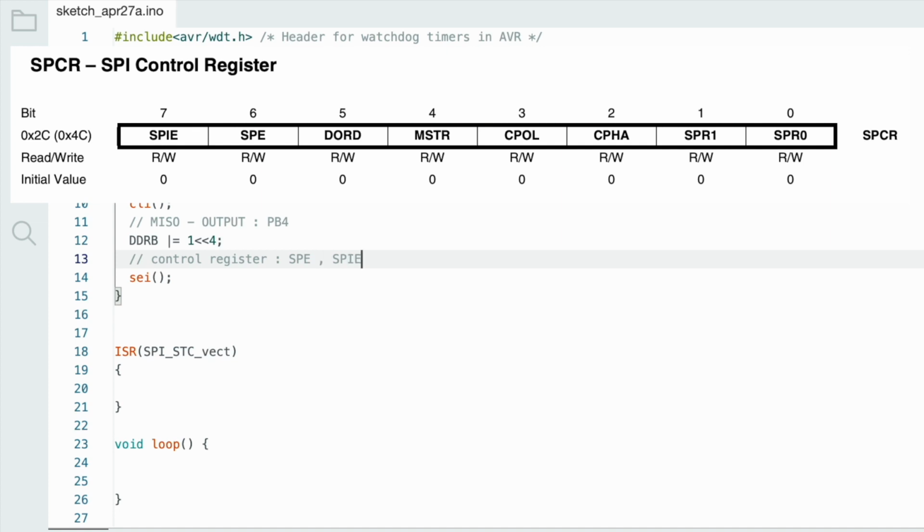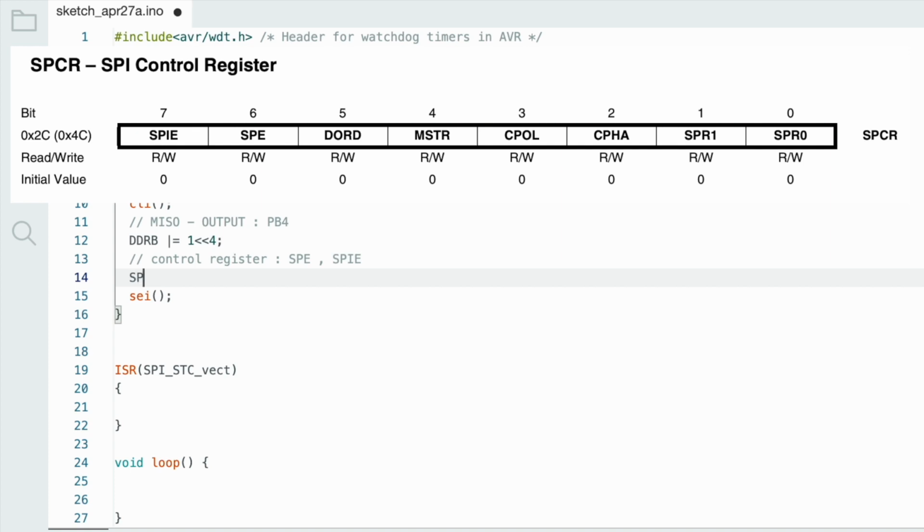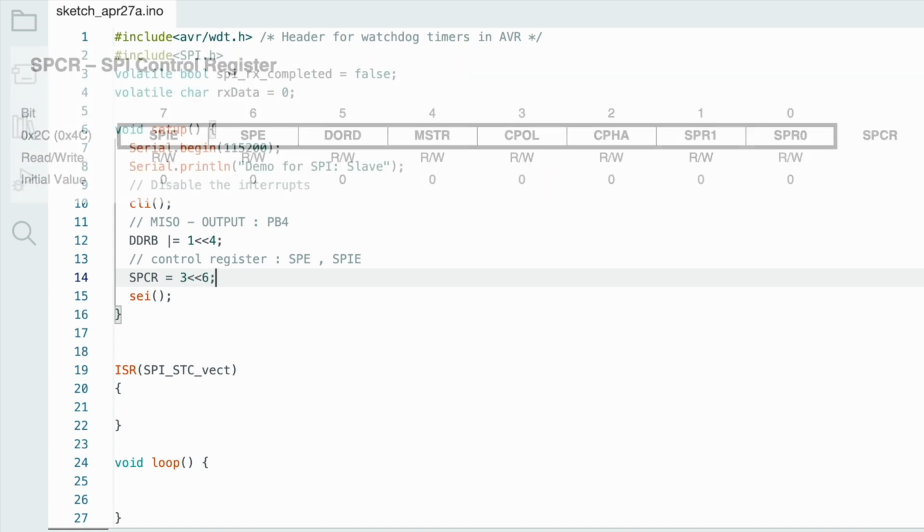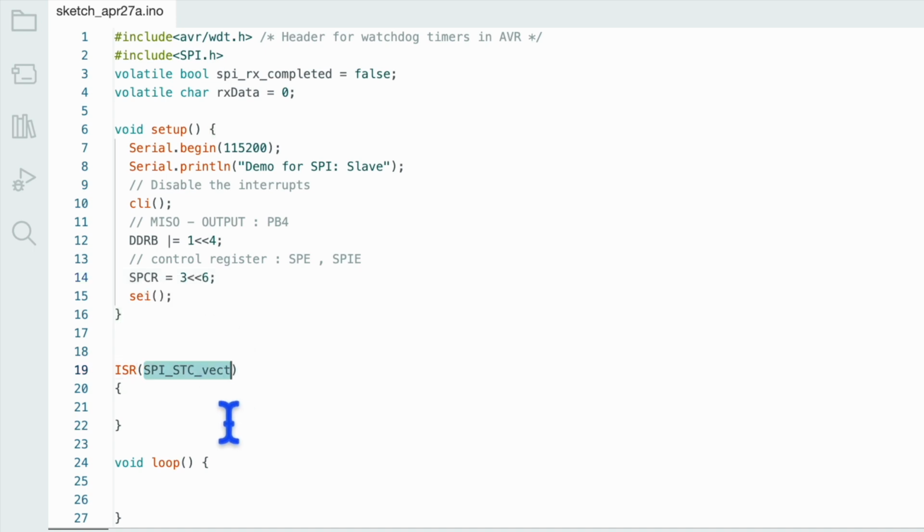So the interrupt also we are enabling this time. SPCR equals to, the 6th and 7th bit we have to enable. So simply I am writing 3 shifted by 6, so it will enable both. So whenever the transfer completes, this SPI transfer complete vector will be called, and this interrupt routine will be